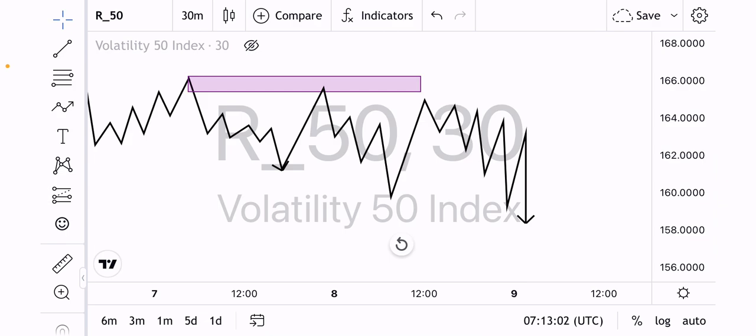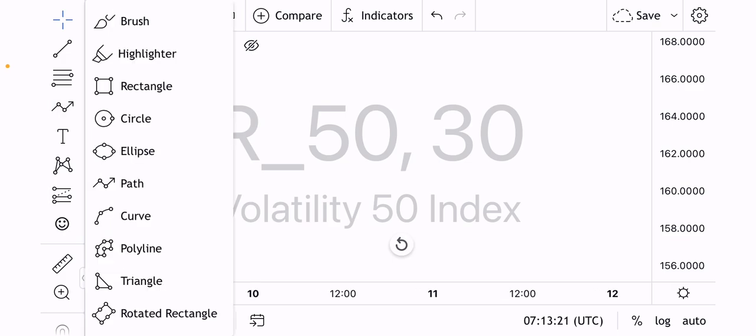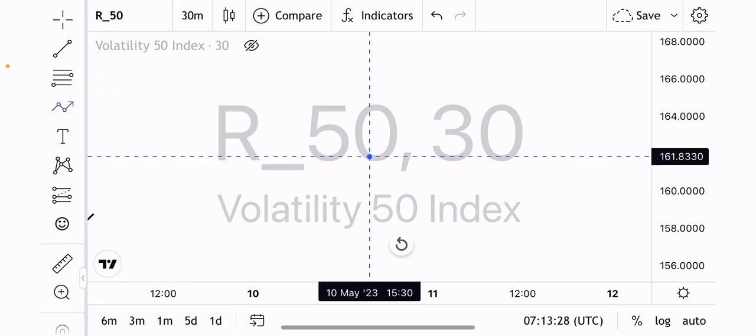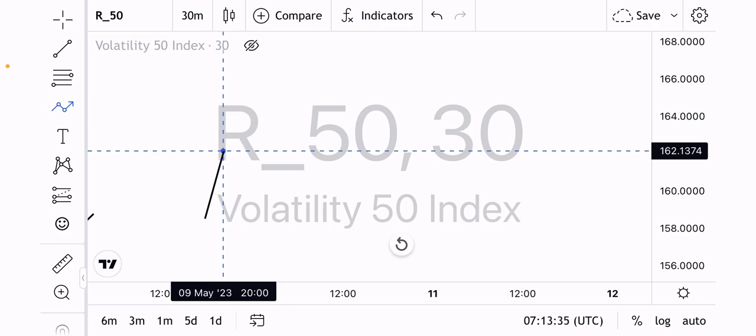But before taking an external liquidity, if you want to seek a continuation, you are expecting the market to do a week to week mitigation. And when I talk about week to week mitigation, if you want to seek a continuation from the internal structure for us to take out the external liquidity, now we can have something like this. Okay, I've been using a downtrend, so let's use an uptrend for this example.